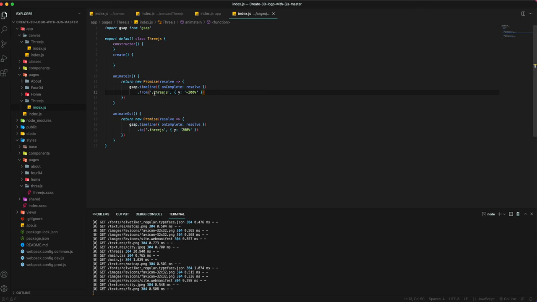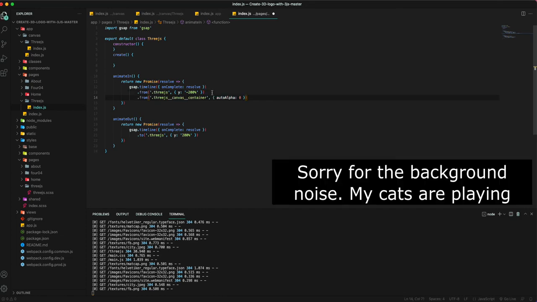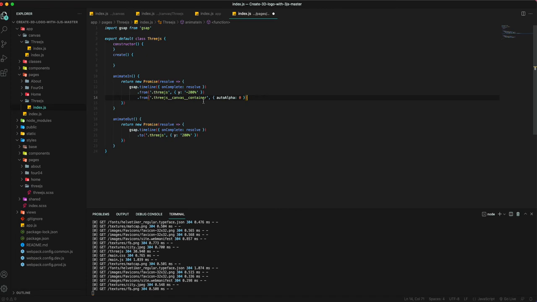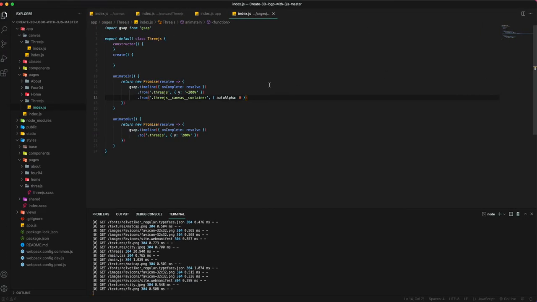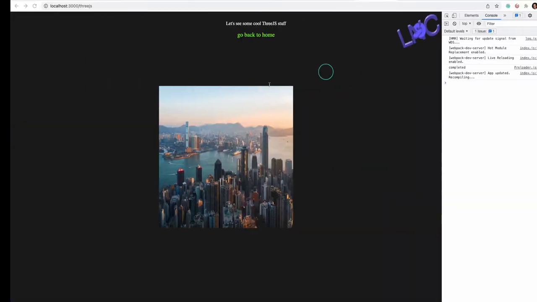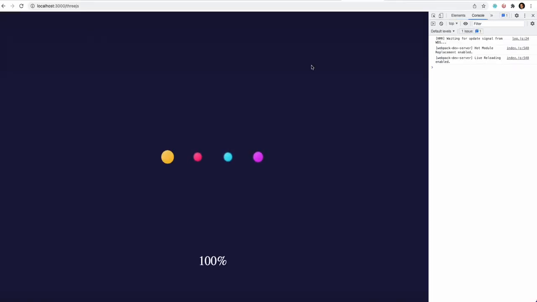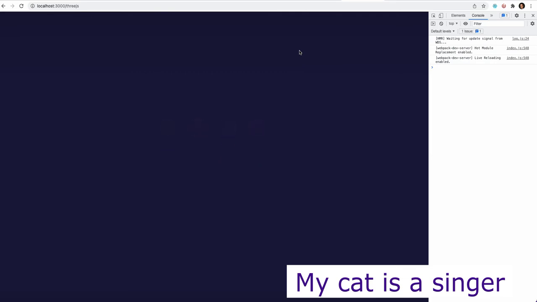This is where we did the animation for the text coming from up top. What we're gonna do, we're gonna add another animation for the canvas container for that Threejs, and to do that, I use again GSAP a from animation here, and I'm just changing the opacity of this basically. So if we save that right here and go back, we'll see that once we animate the page, we will